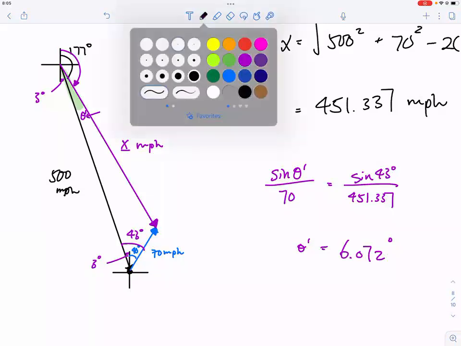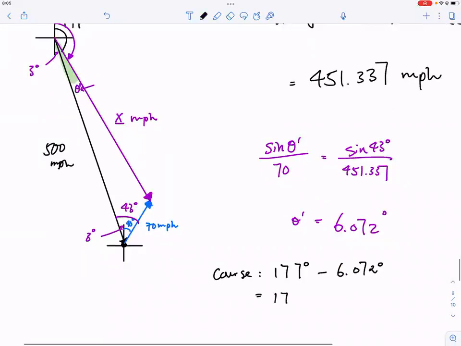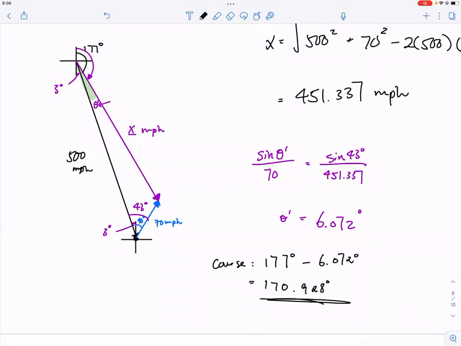So the actual theta, the actual course, will be 177 minus 6.072 degrees, which is 170.928 degrees. Okay, now the reason why I had a hypothetical scenario to set the theta prime to be 5 degrees,